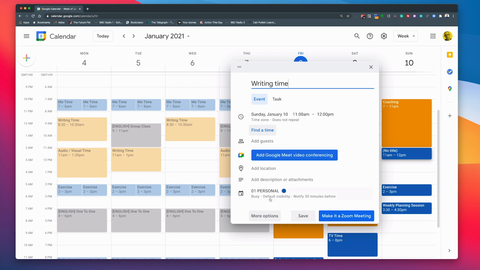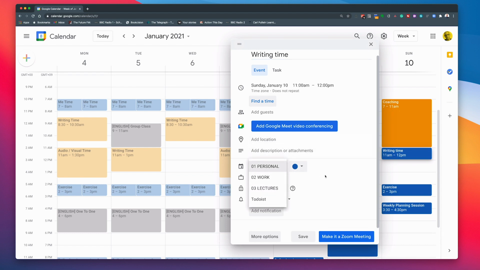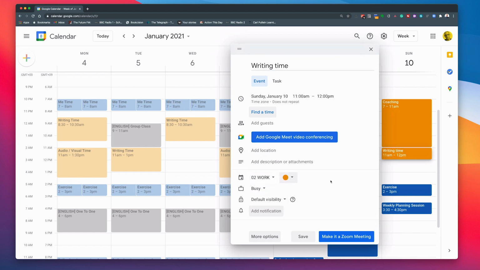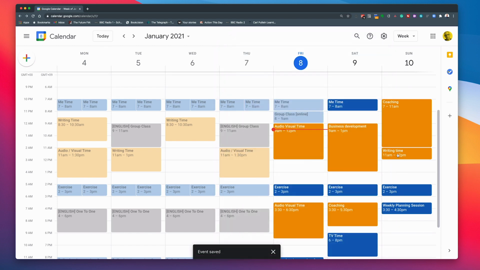So what I want to do is get it so that I can actually do a little bit more than just that. So I'm going to make that 11:30, and I'm going to drag that out and make that 1:30, so I give myself 2 hours of writing time. And I might actually decide I'm going to respond to all my email. I'm going to clear up my email for that.